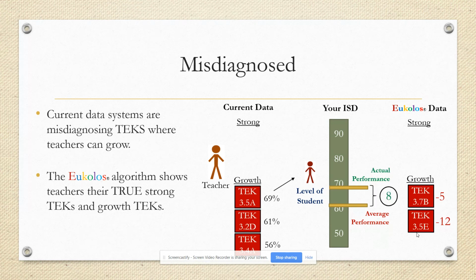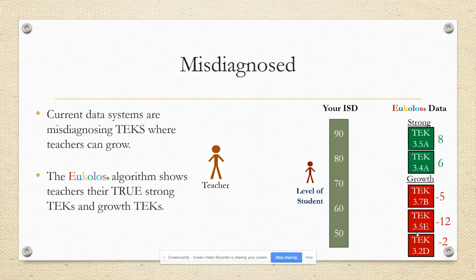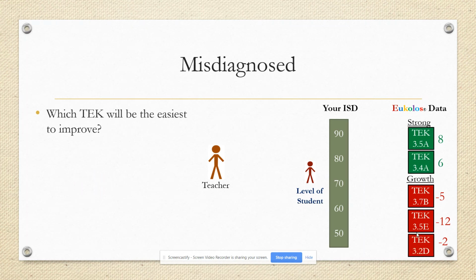You got a 69. That's not really an area of growth. That would be considered more of a strength, even though maybe traditional data doesn't tell you that. And you could continue to go on. Which TEAC, again, would be the easiest to improve? We would argue that 3.5E would be the most